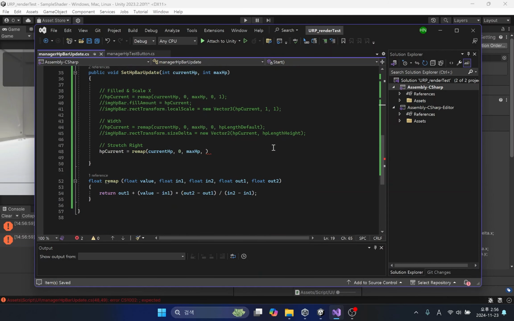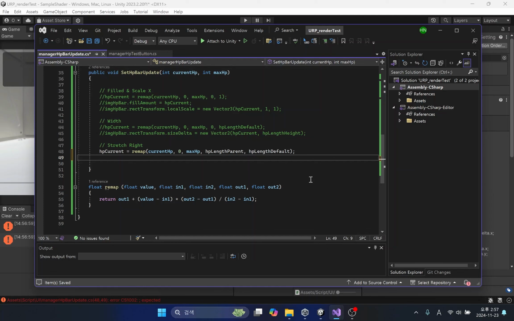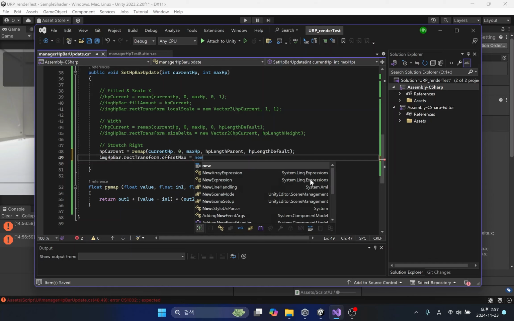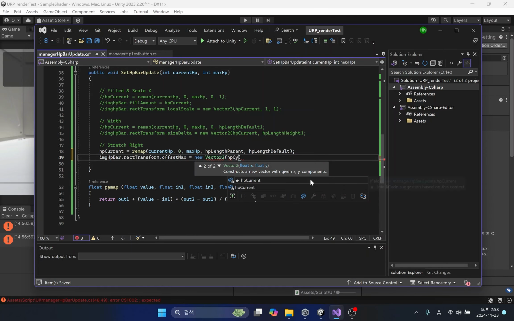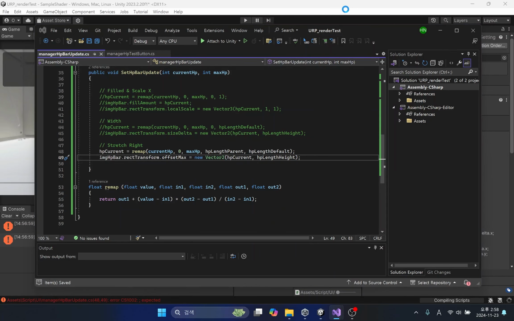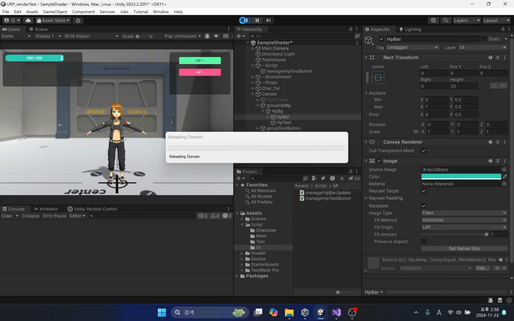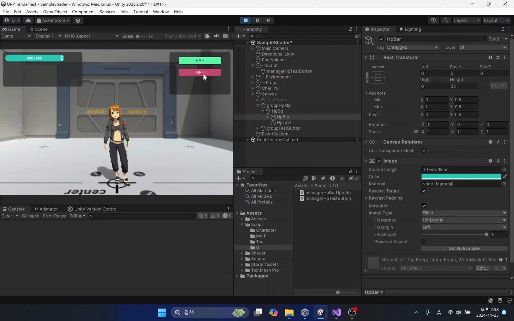In the remap function, the minimum value of the range to be changed becomes the parent's width value. Then the maximum value is 0, or the right value of the HP image. The y value of the vector2 variable will be applied with the height value of the image saved previously. We can see that the right value of the image is applied as a negative number.